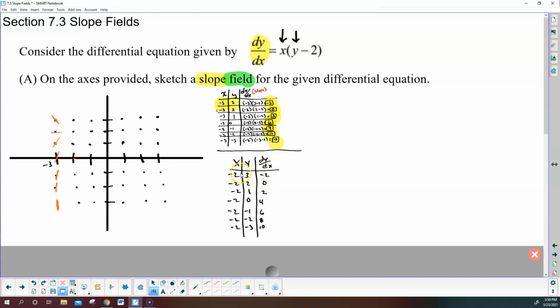And then I plug them in. Now, here's what I did, and you might notice this. If x is always -2, right here, you're going to have -2 times your y value. All you have to do is 3 minus 2, so that's 1, and 1 times -2 is -2. So then I'm going to take this value at the point -2, 3, so go over -2, up 1,